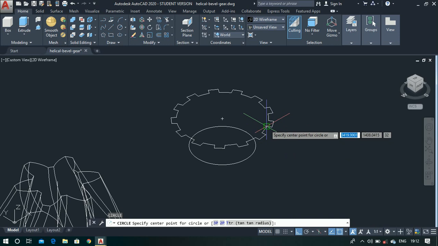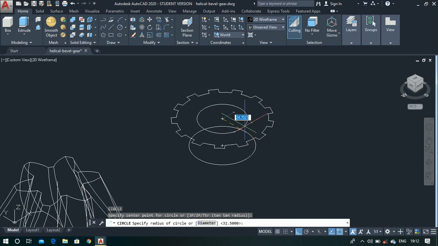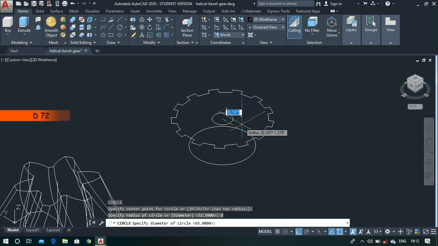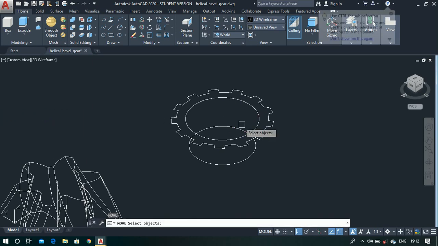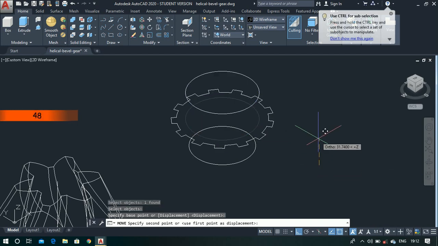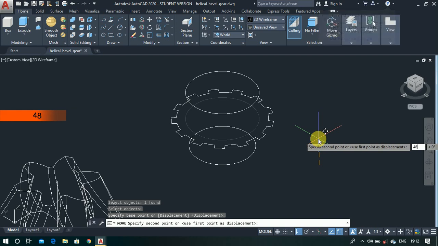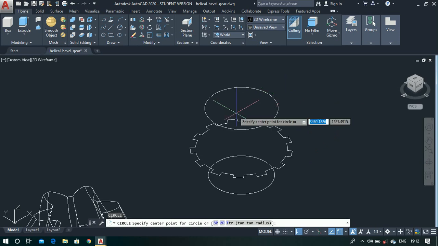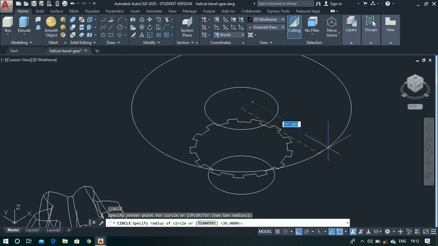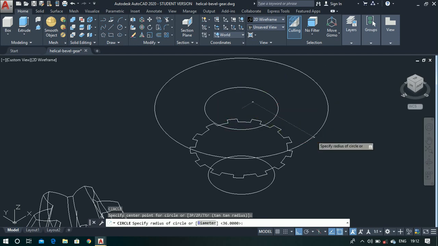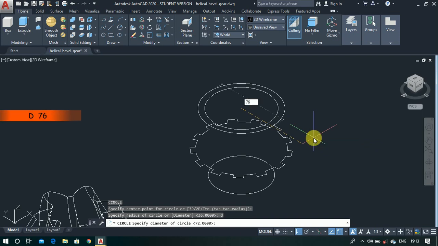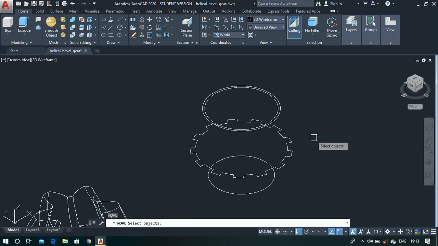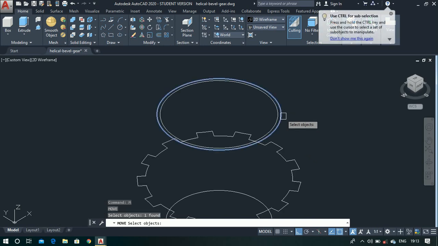Let's make a circle from this profile center point of diameter value as 72 and just move this profile, just click at any point and just move it to a height of 48 and let's make another circle from this center point of diameter value as 76 and just use the move command again, select the circle, press